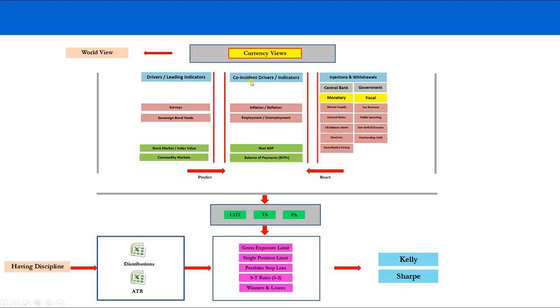And these coincident indicators are actually affected by what's on our right-hand side, which are our monetary and fiscal levers or drivers, and they are reactionary and committed to affecting our coincident drivers. We go through this whole process of the endogenous and exogenous analysis, and this is fundamental idea generation. This generates our fundamental ideas to buy and sell currencies,